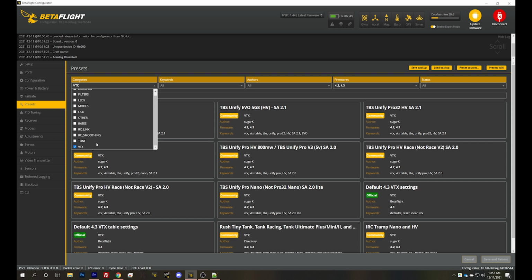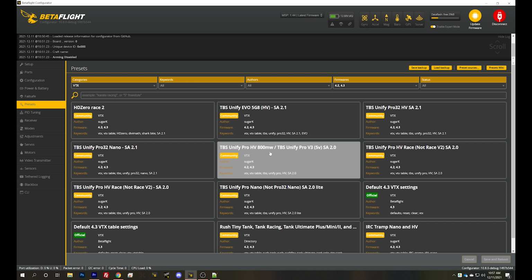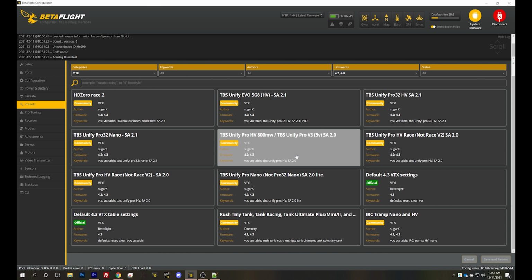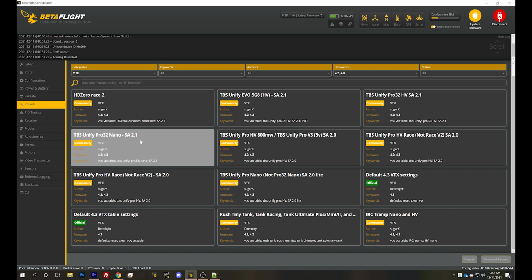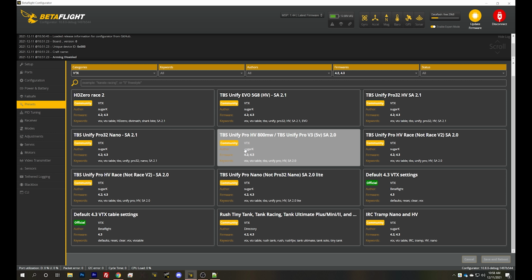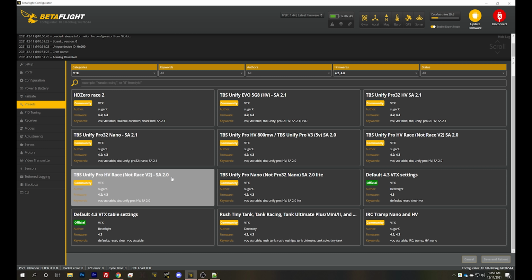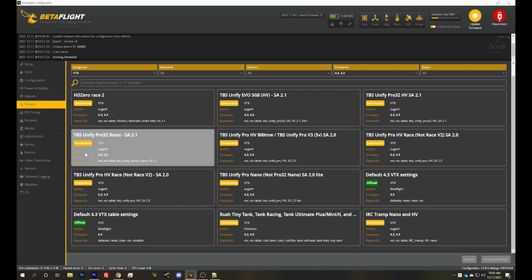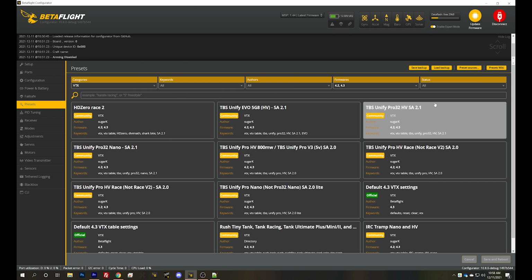Isn't it so annoying when you have to look up VTX tables all over the internet? You can't always find what you want. Boom, here are a whole bunch of VTX tables. And the beautiful thing is that these are not just created by the Betaflight devs, but they can be created by community members and submitted via pull request to the Betaflight project, and they can be incorporated as official, or